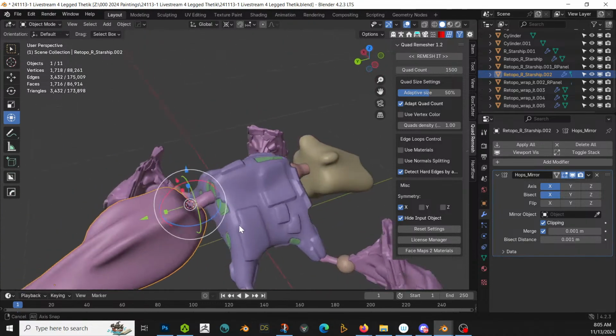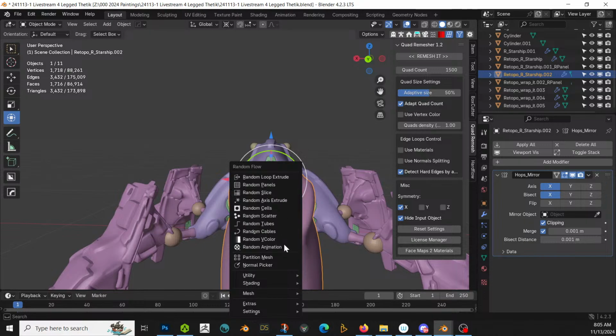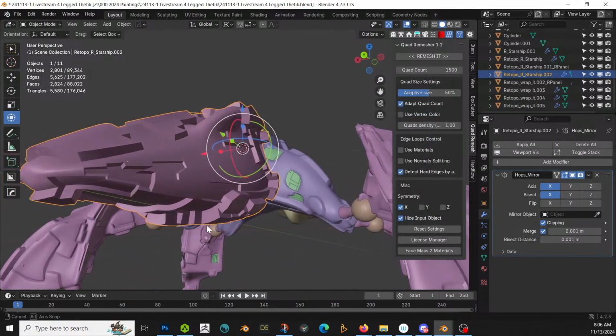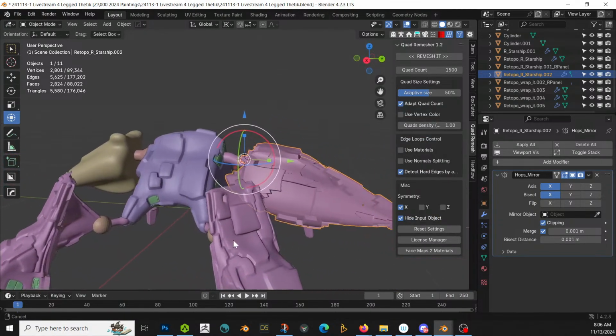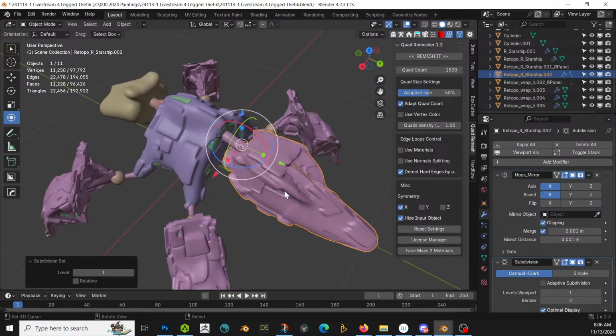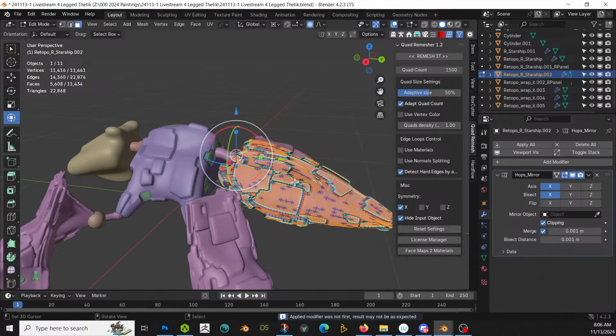Select everything, cool. Shift Q, utility, plate insets. And reverse you. We're just gonna go up to, we'll take this one higher actually. We'll go this one to like 50 to start with. We might even go higher though. Now 50 looks good. That actually looks really nice. Let's use it. And apply it, and tab,